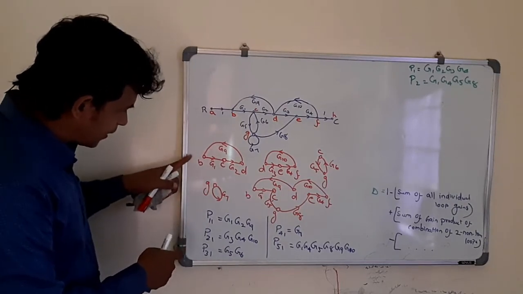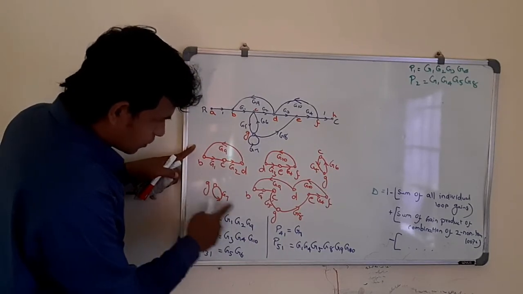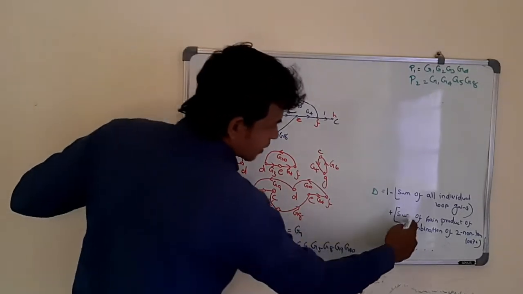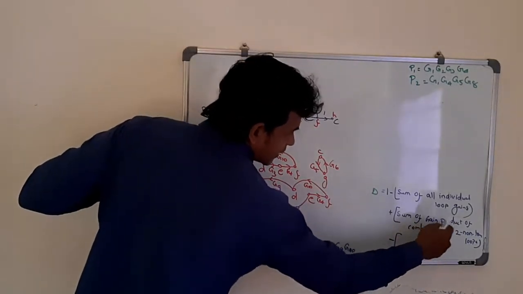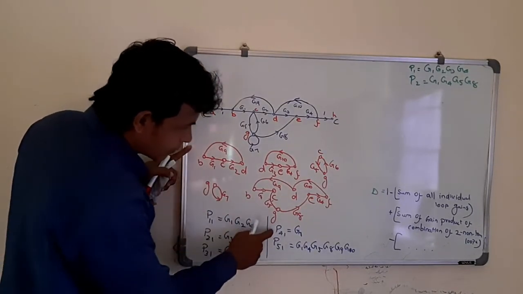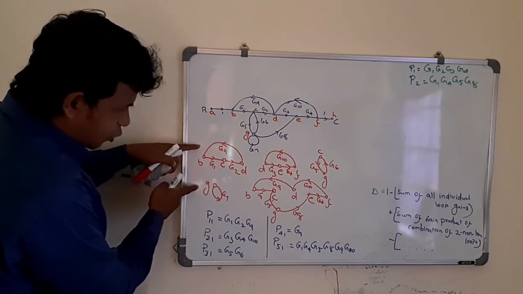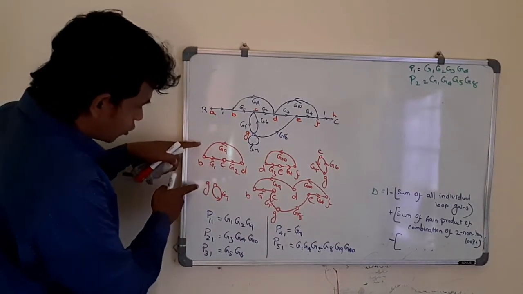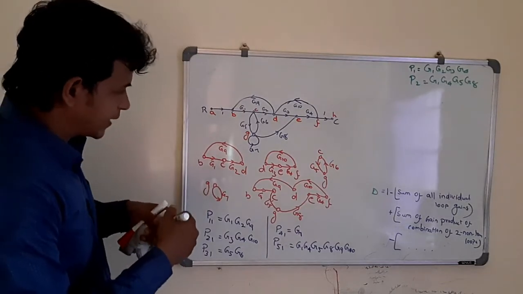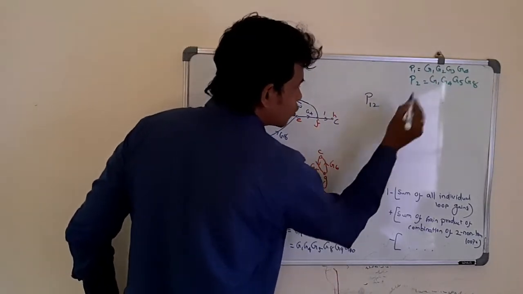So we have to multiply. This is P11, and the gain of this loop is P41. We have to multiply P11 into P41, because we have to find the sum of gain products. This is the gain product P11 into P41 of two non-touching loops. So this is the first combination of two non-touching loops. I am writing it separately here.